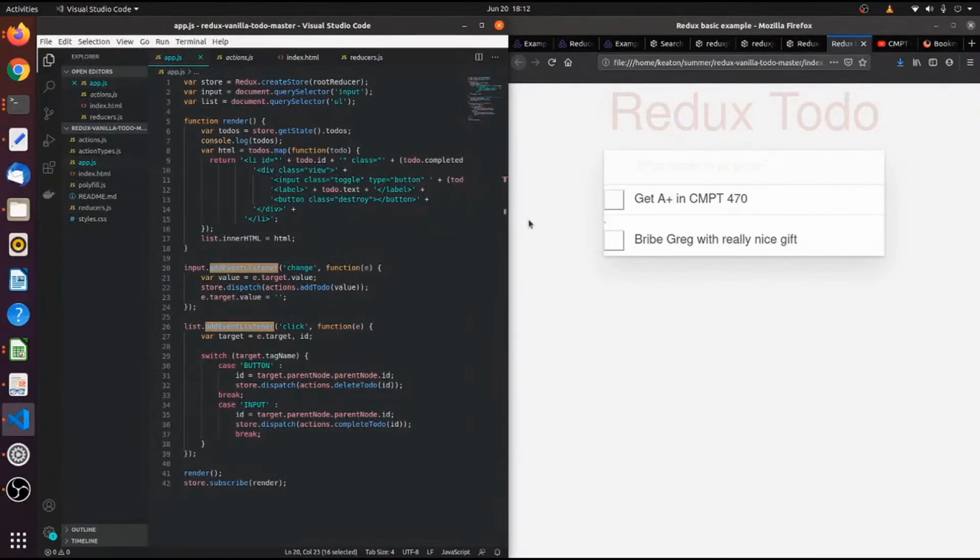But you don't need to use React. You probably will, and you probably should. But